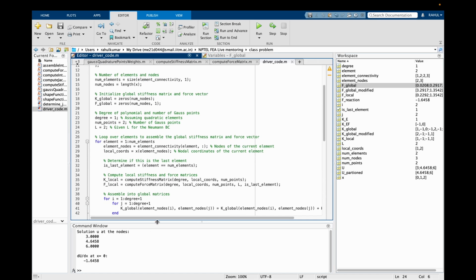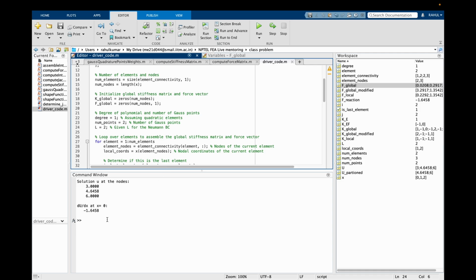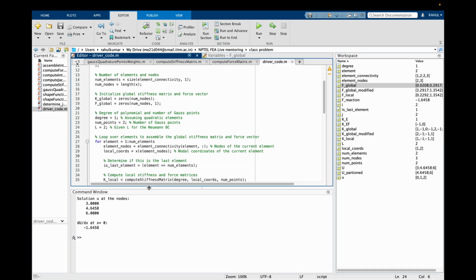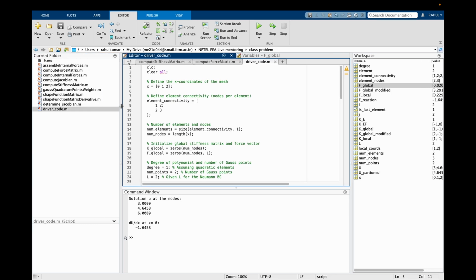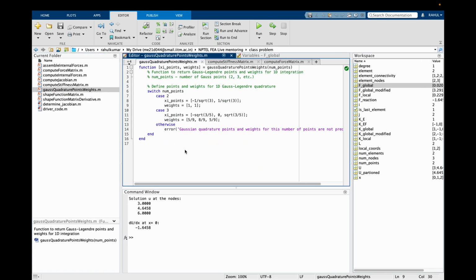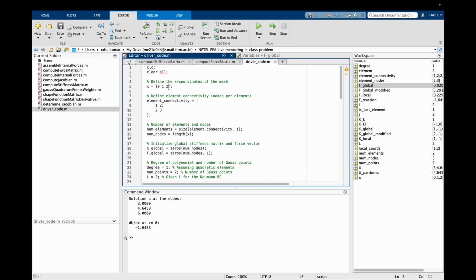Okay, so here you can also see that this code is working perfectly when you are using the linear element. Now suppose you are using the cubic element. It depends whether I have added the Gaussian quadrature. Yeah, I have also added that. So we can also use it for the cubic element. So what I will do is 0 1 2 3, and for two elements, 3 4 5 6 and 7. So for cubic elements, it's fine. Tell me, for the cubic element, is this mesh good?